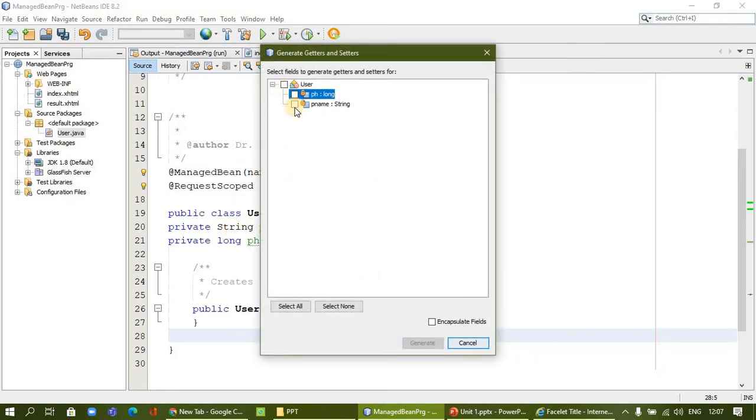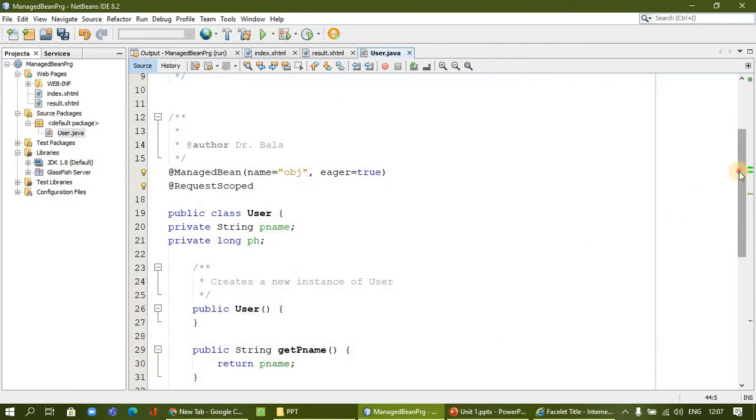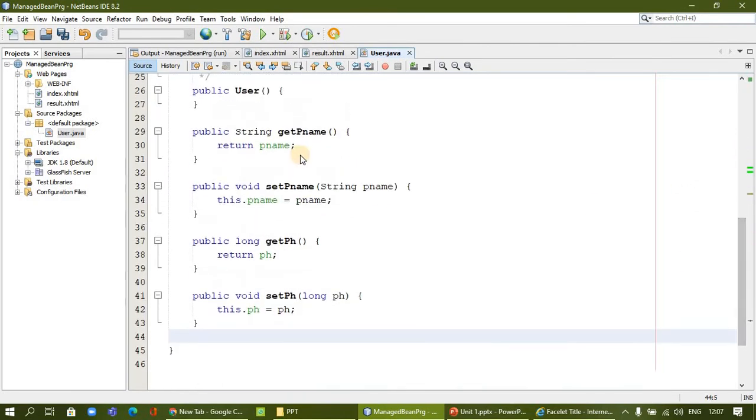For all variables, you just select here, or if you want to select any particular one, you can select over here, or you can also use select all. After that, generate the getter and setter methods. Now you will see for phone number and name, there is getPname, setPname, getPh, setPh. So the getter and setter methods are generated by default.